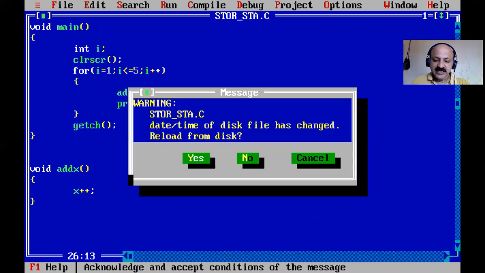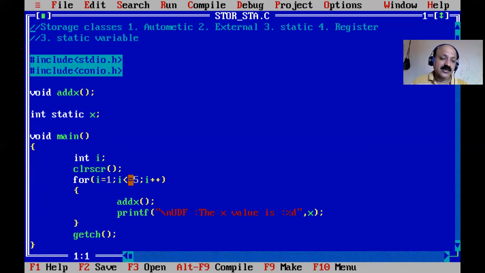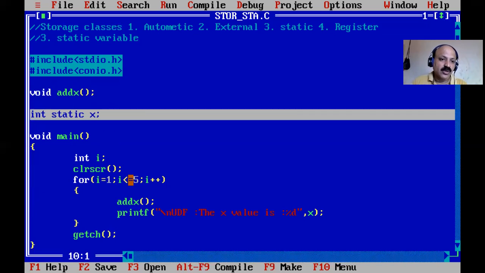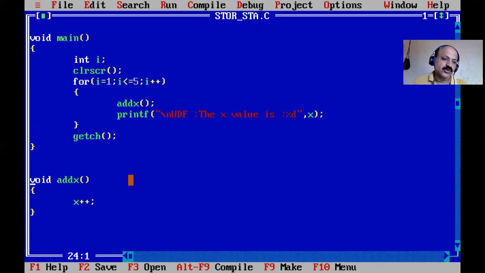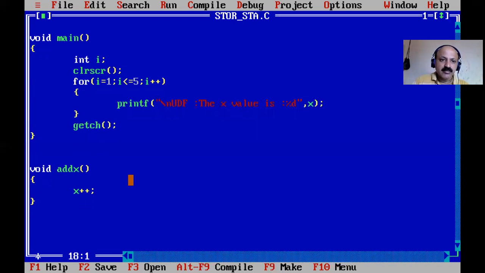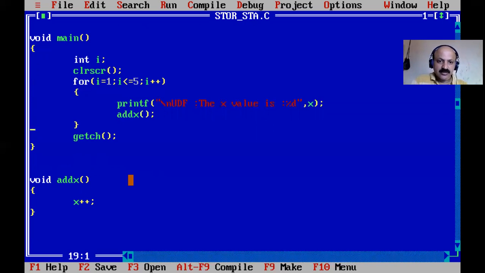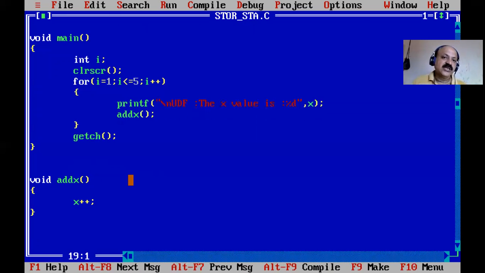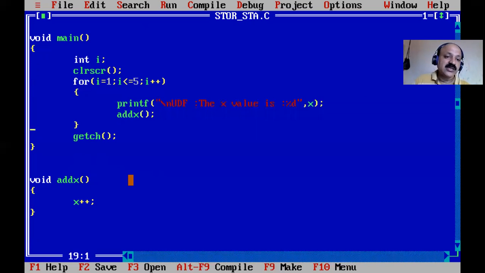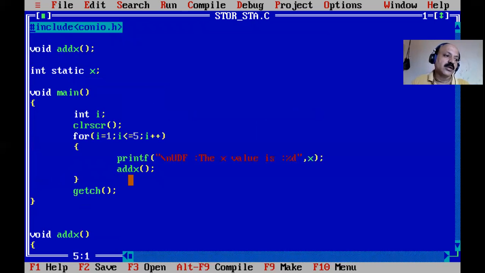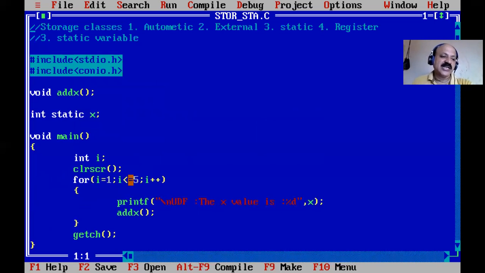So a static variable can be local also, and here x is used by main, and add x also uses that value. Here prefix or postfix does not matter, because we have to call it first, directly. And if you call it after, then the first value is by default zero. Let us check that possibility also. So first it is zero and then increments. By default it is a zero value, global or local. So that is all about static variable.